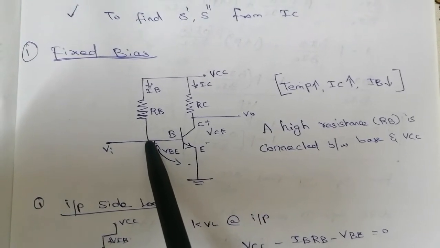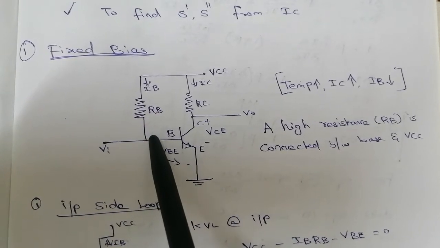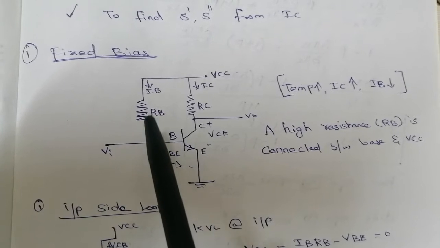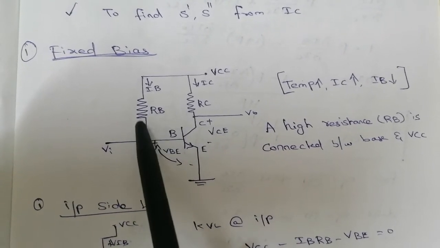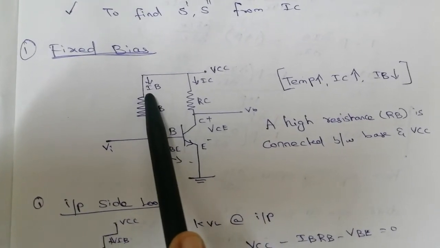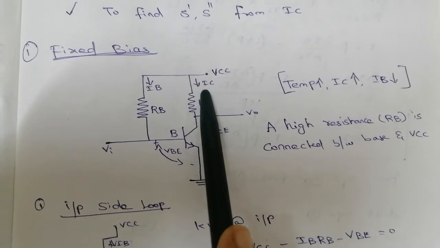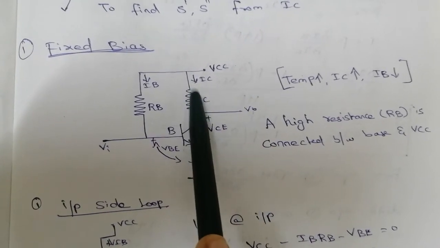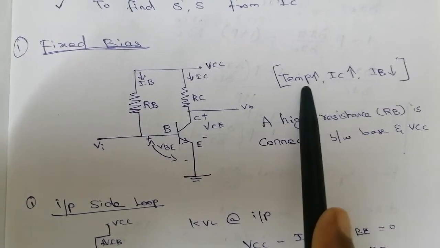The stabilization technique is nothing but using resistive biasing, which allows us to vary the base current IB. By using this resistive biasing, we are going to vary the value of base current. By this way, we compensate the increasing collector current. So in this method, we are going to stabilize the Q point in a biasing circuit.